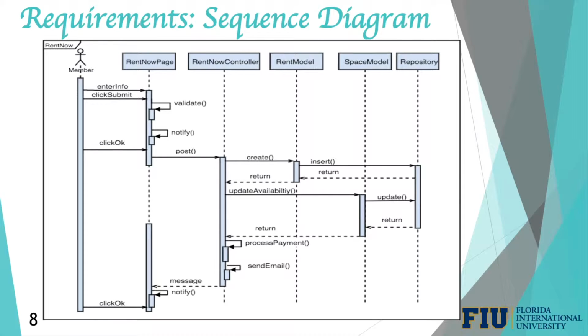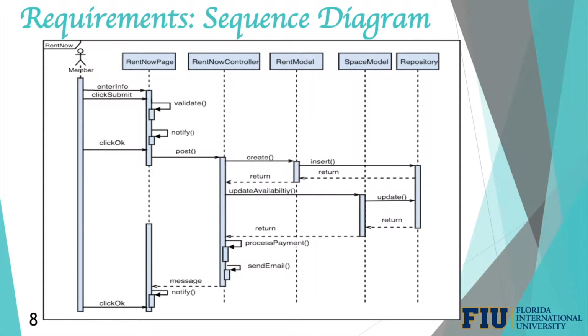The last sequence diagram that I will be explaining is rent now. Once again, here the actor is the member. The use case begins when the member enters information and clicks submit. The rent now page then validates the form and notifies the user if they want to proceed. The user can click OK. The rent now page makes a post request to the rent now controller, which then creates a rented space. Then the rent model inserts it into the repository, which then returns back to the rent model and back to